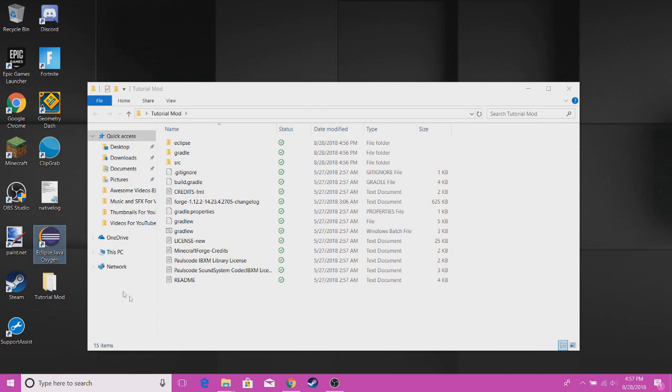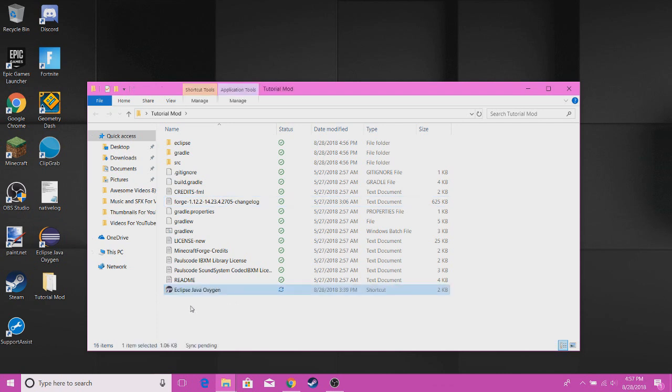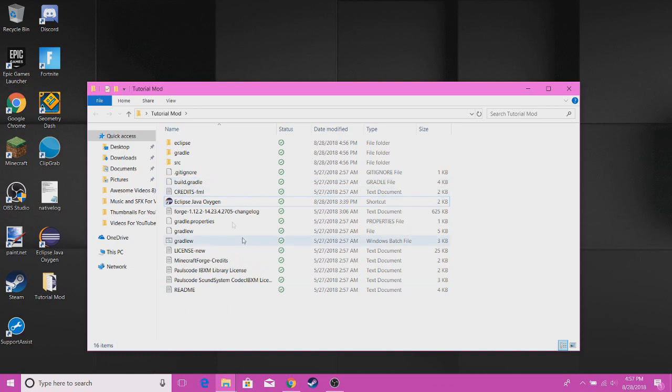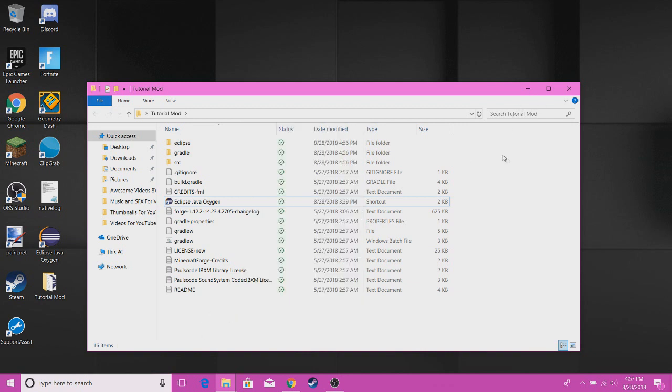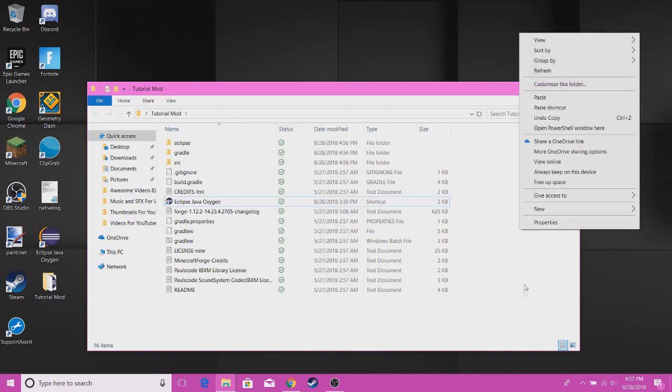Anyways, I'm actually gonna just copy this and paste it in there. So, yeah, 2 shortcuts. That's a little weird. So, put Eclipse in there. And then, before we do, shift, and then open command window here, or open PowerShell, it seems like, but that's, well, actually, no. So,